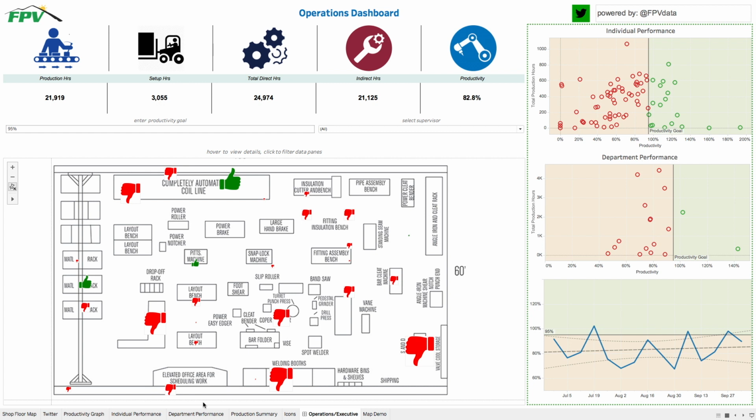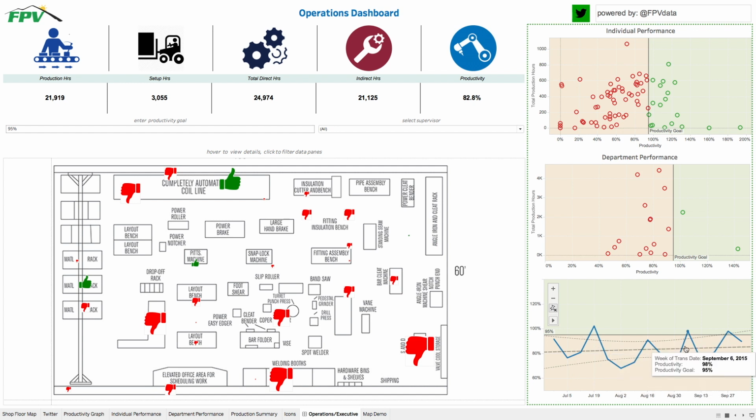If we look over this time period with 32,000 different data points, we have one aggregate productivity measurement of 82.8% over this time period. And unfortunately, many companies just stop there. The second step is looking at trending. Over this period of time, July 5th through September 27th, we can overall see that we're trending up,